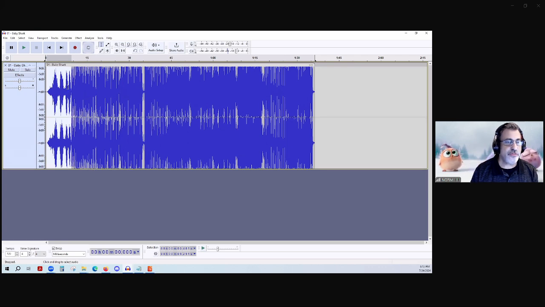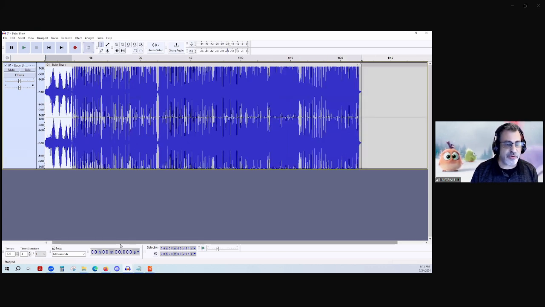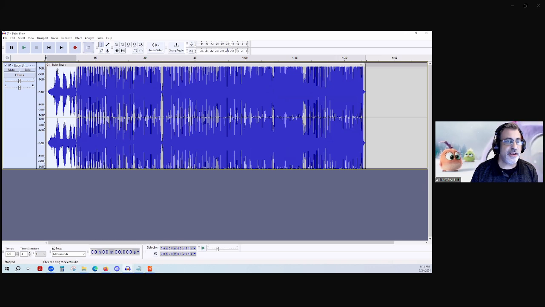What it did was take this part of the audio, measure it, and say, I'm at the highest peak, I'm going to measure this at 0, and the rest of it is going to be balanced there, right? So it bases it on the highest point in that waveform in that audio file. This will still give you the same effect that you want, but it makes the audio louder.